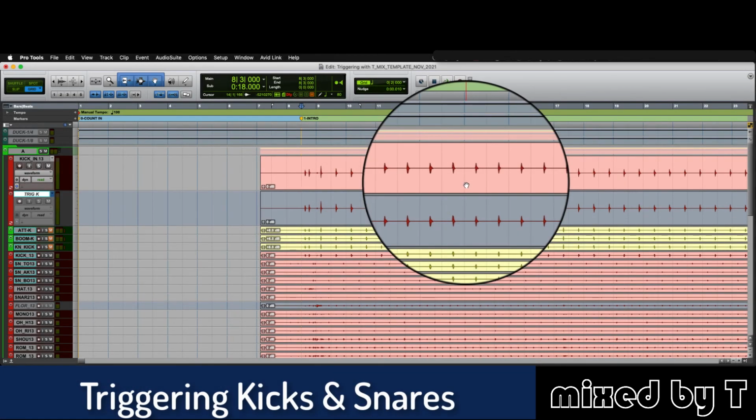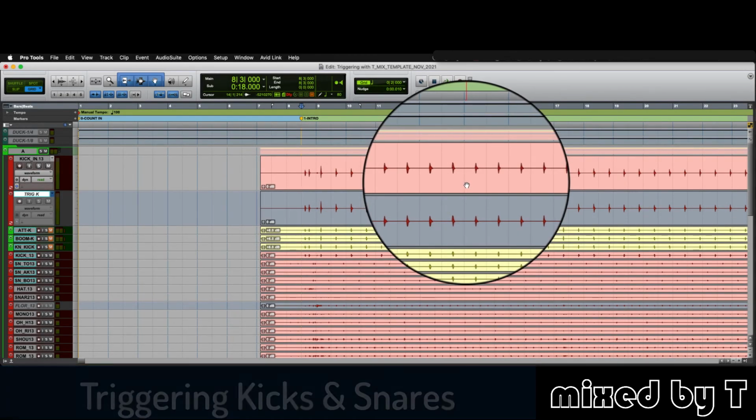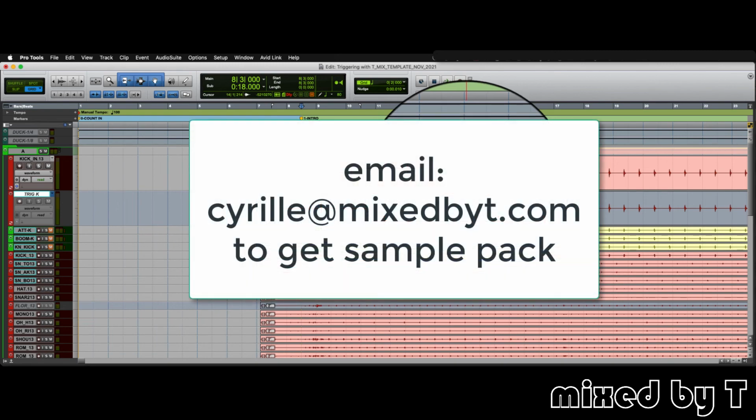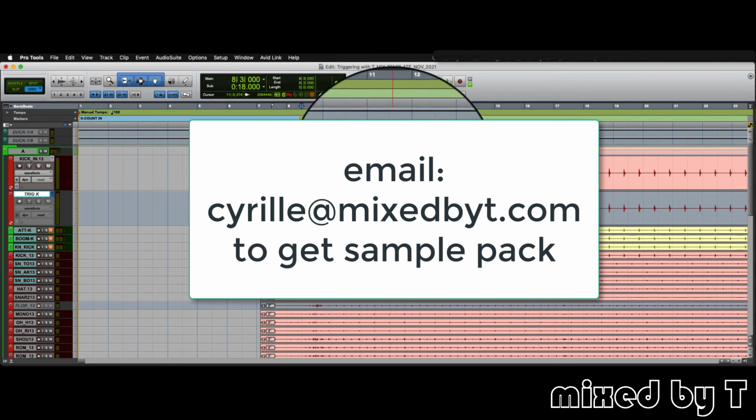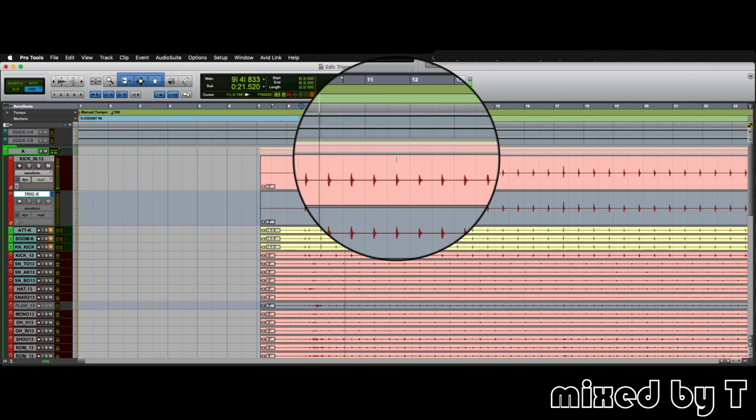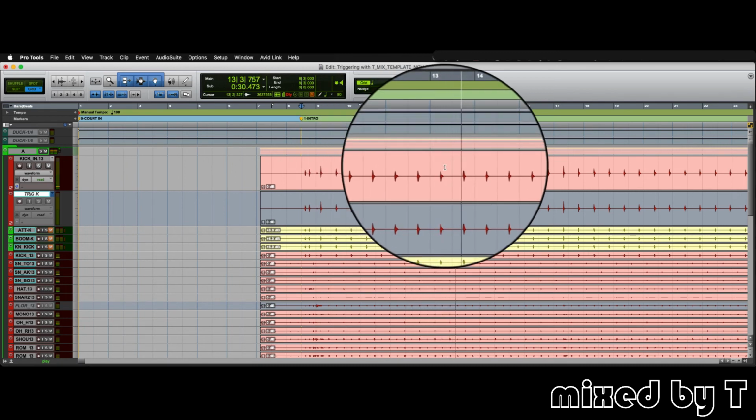So let's take a look at how we're going to trigger our kick and our snare for this session. So let's get familiar a bit with our drums here. Pretty simple drums. So we want to trigger our kick to kind of be able to give it some